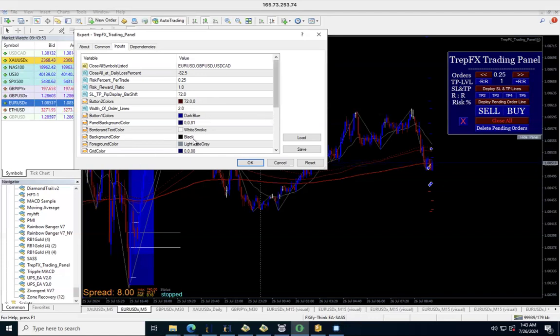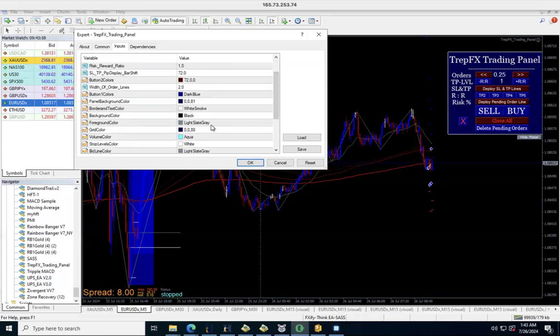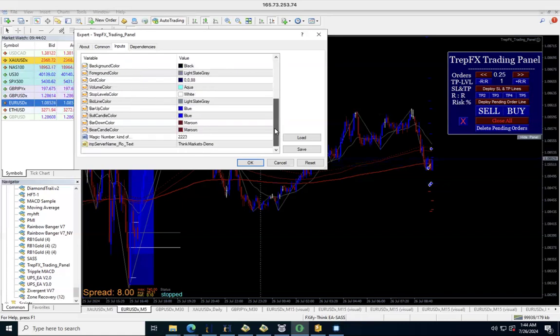This is my personal color theme for my little brand, but you can change different things on the chart, as far as the colors. And another thing, whatever server you're going to be using, whether it's a live server or a demo server, you want to put the exact name of the server,